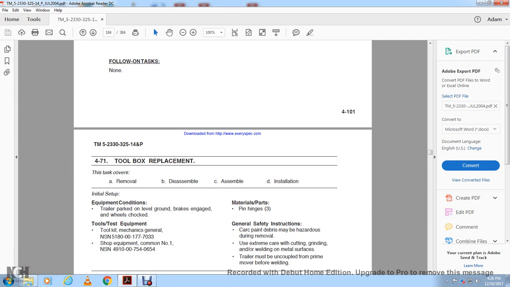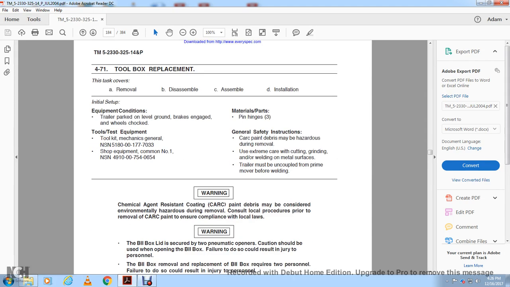Caution: debris may be hazardous during removal. Use extreme care with cutting, grinding, or welding on metal. The trailer must be uncoupled from the prime mover before welding. Warning: chemical agent resistant coating, or CARC, paint debris must be considered an environmental hazard during removal. Consult local procedures for the removal of the chemical agent resistant coating paint to ensure compliance with